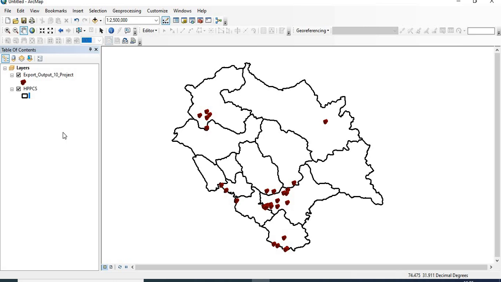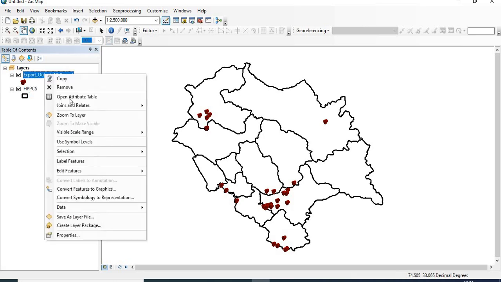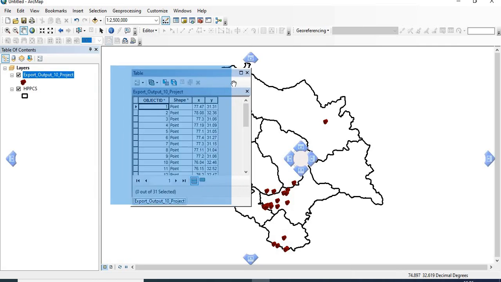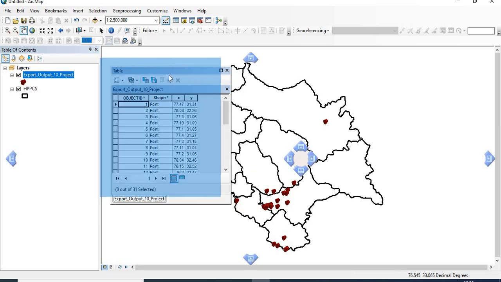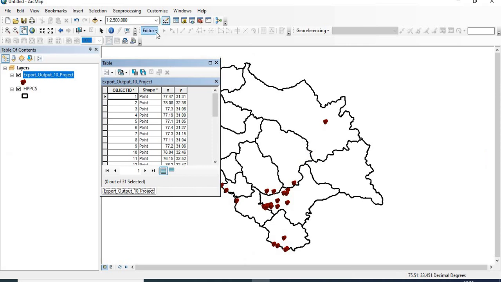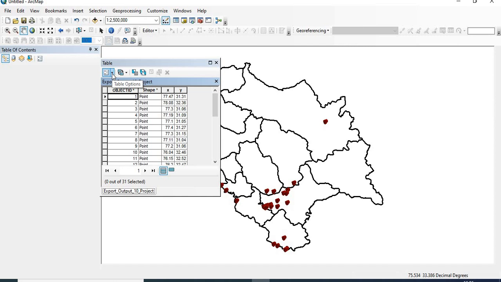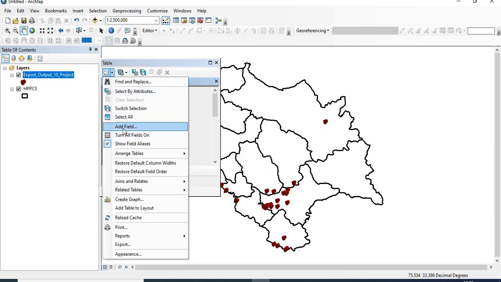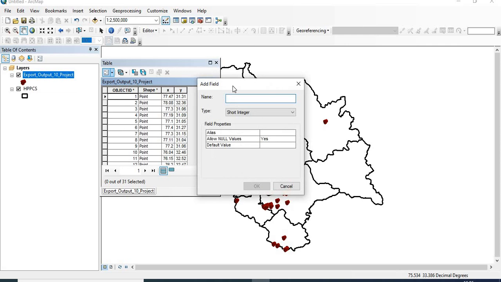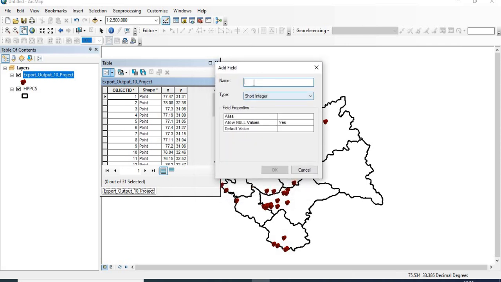Now we want to add the names of all the students. So what is the next step? Click on this table, and this is the attribute table, and click on Add Field. In the Add Field dialog box, for example, type Student Name, and here you will see the type.